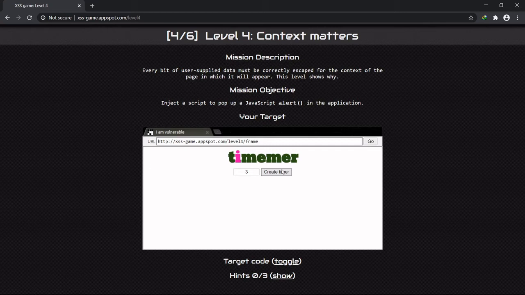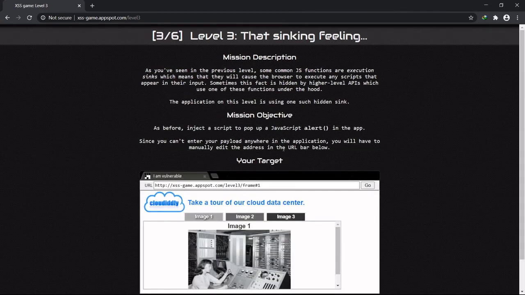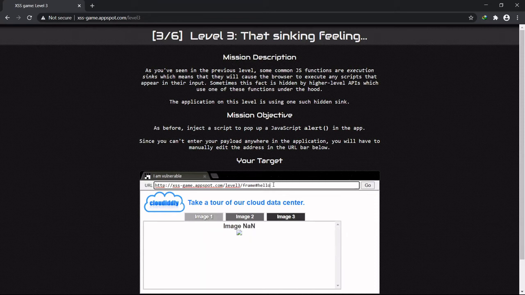It is taking the value through the parameter. Now let's insert our payload here. If I type something in this parameter, let's see what happens. And as we could see, it is inserting images from the parameter value. So we could exploit it with the payload